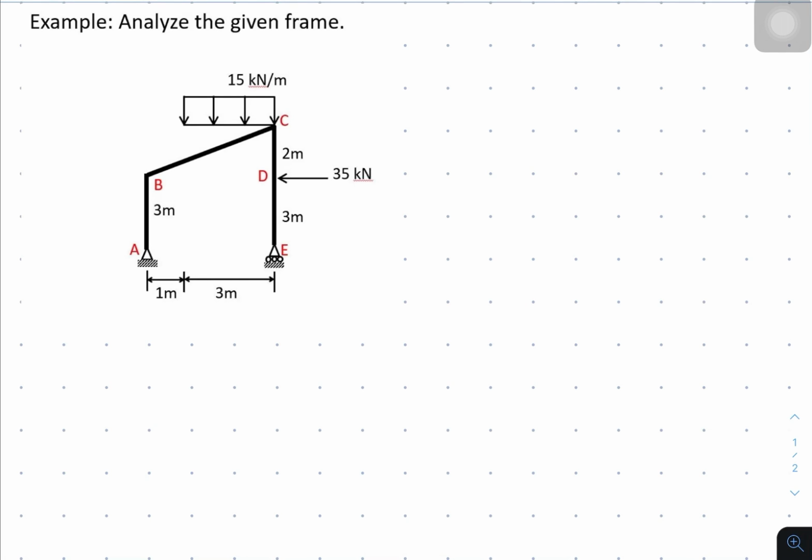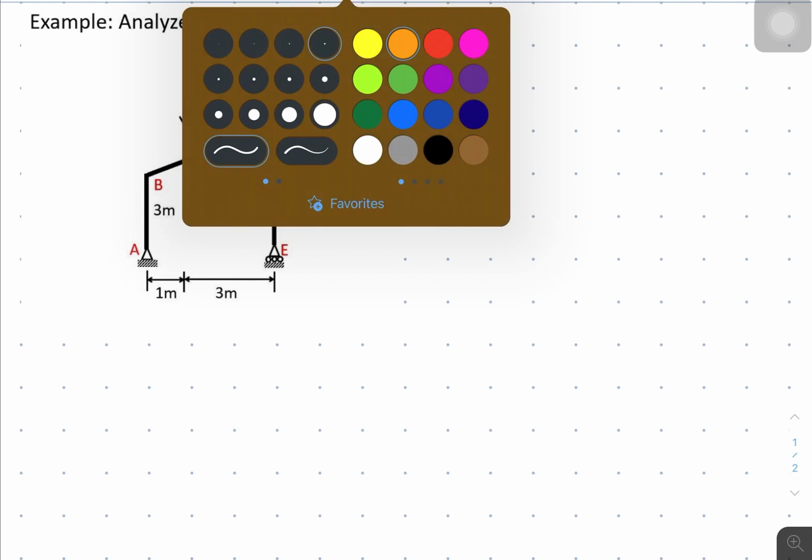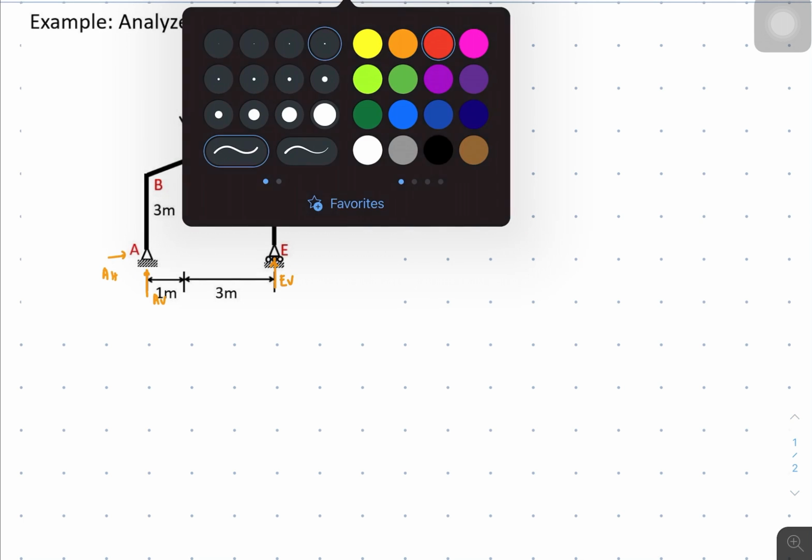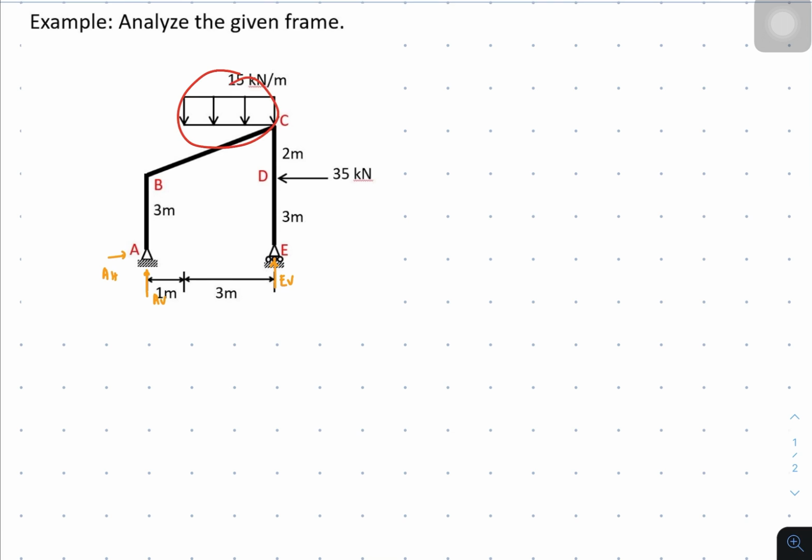So let's solve for the reaction, since this is the beginning on how to analyze the beam, or the frame rather. So let's do the reaction first. I'll call this one AV, and there would be AH because this is a hinge, and then at E there would be E vertical. Then also we are going to make a resultant for this rectangular